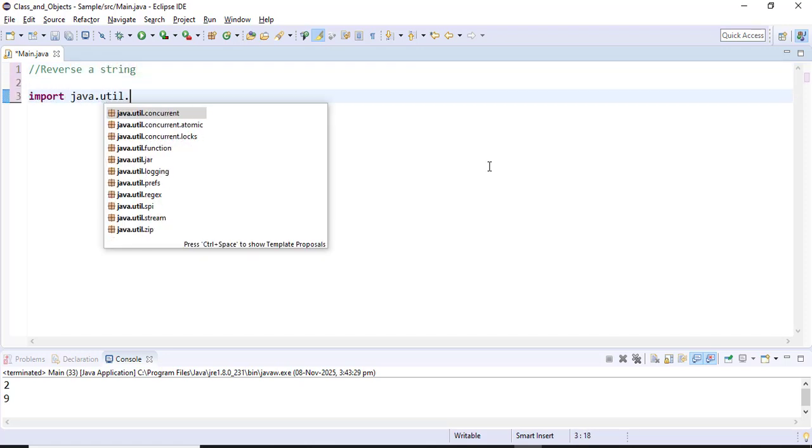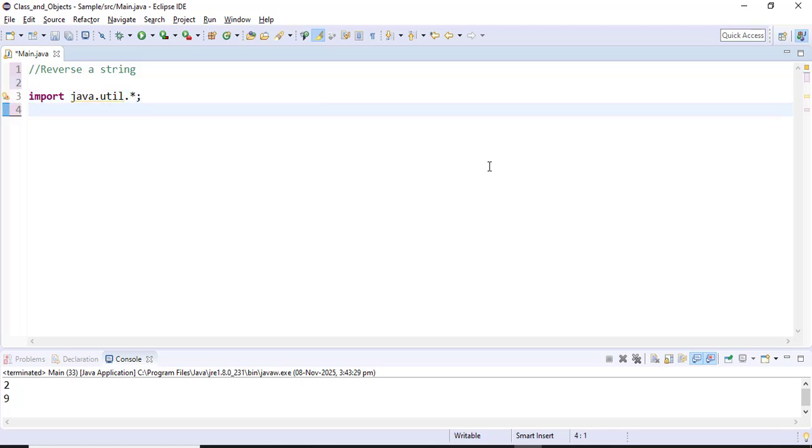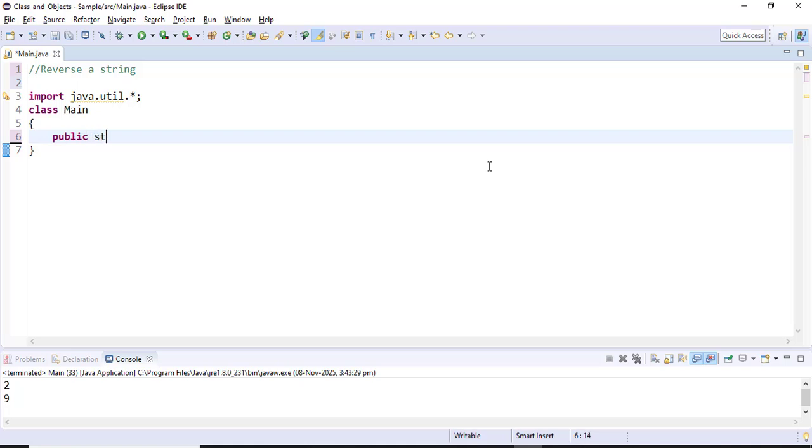Import java.util.*. So I'm going to get the input value from the user. So for that I have to use scanner class. That's why I'm importing the package called util. Class Main. The execution of the program always starts from the main method. Public static void main